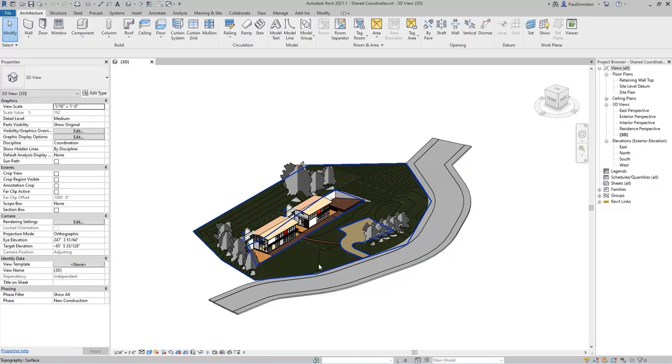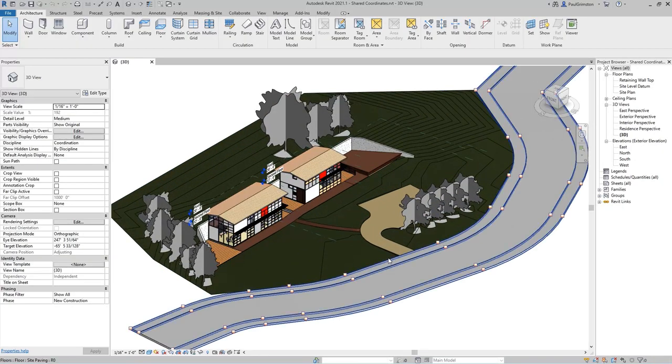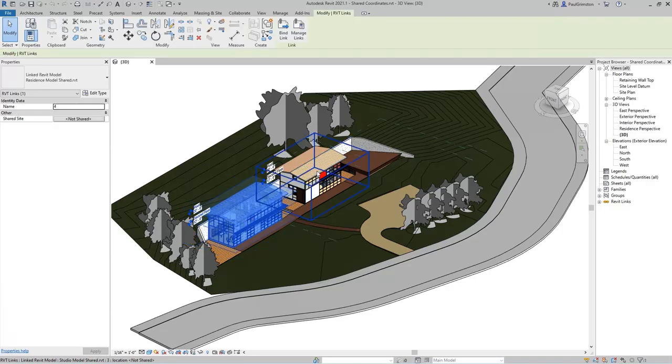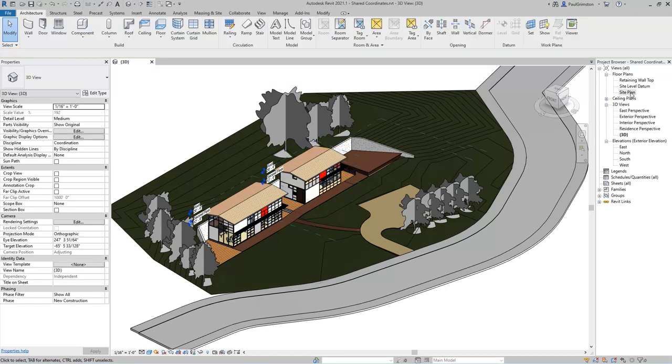And in this file, we have our topography modelled, along with the road and other site components. Plus we have two linked models, one for the residence block and one for the studio block. Looking in the site plan view,